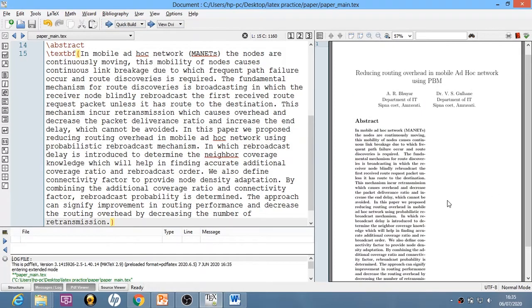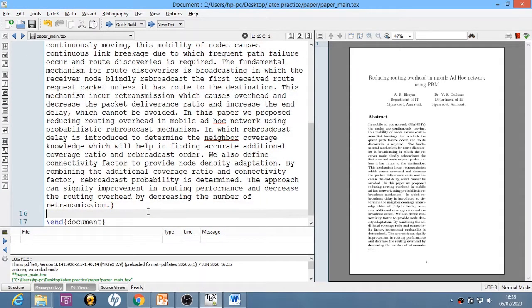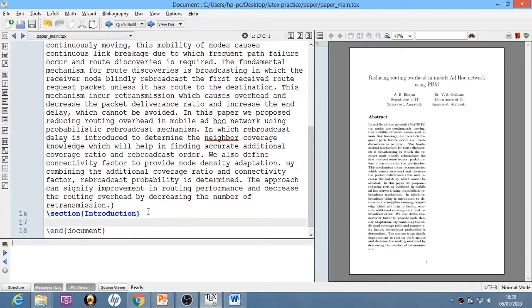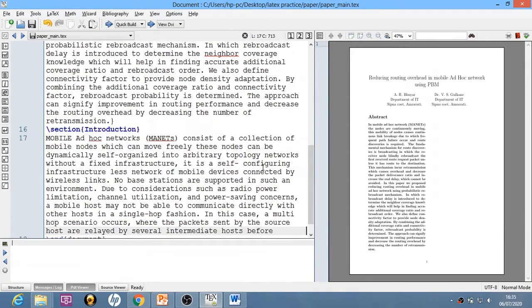Now next thing, you want to add a section. To add a section, you will type section, introduction, and inside that you will add the content of the introduction like this.